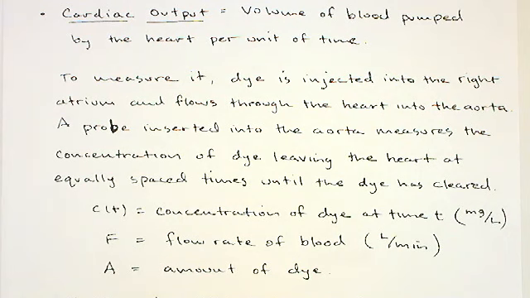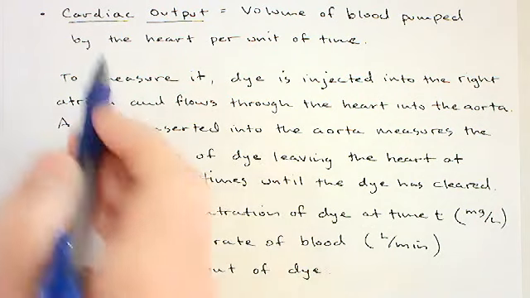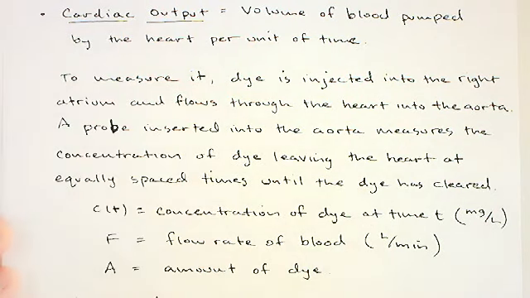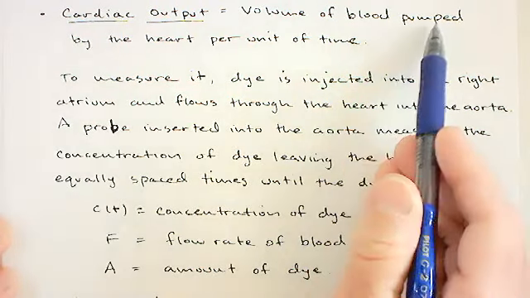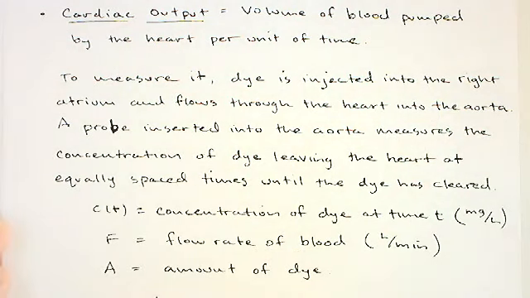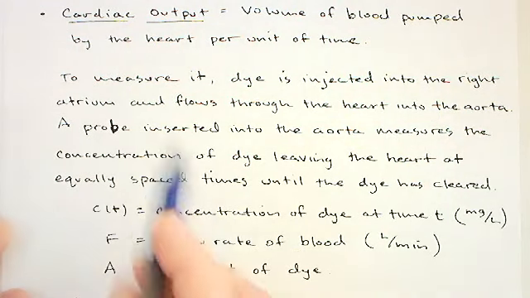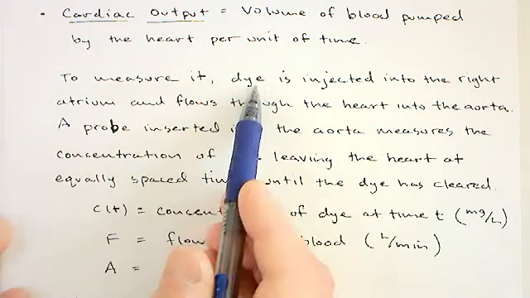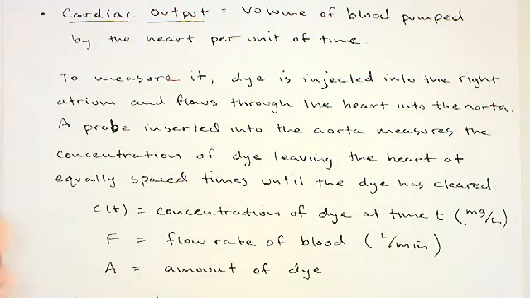So here is another model covered in our book, an application in biology of how an integral can be useful. This one's about cardiac output, which is the volume of blood pumped by the heart per unit of time. To measure it, what they do is inject dye into the right atrium, and it flows through the heart